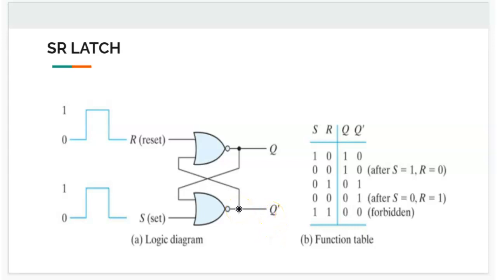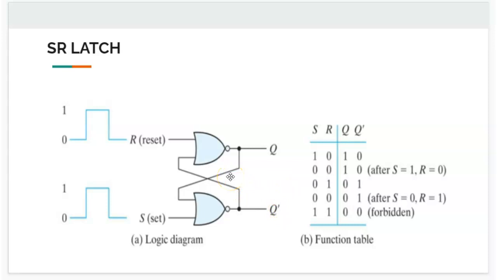So how does one approach this? The interesting fact here is you have S and Q as inputs. We are exploiting the behavior of an OR gate here. A NOR gate can be decomposed into an OR gate and a NOT gate. So let's look at the OR gate first. The OR gate's inputs are S and Q. When you set S as 1, independent of whether Q is 0 or 1, the output of the OR gate will always be 1. We are exploiting that property of an OR gate, and when you complement it, you get 0. So Q dash becomes 0. When you feed Q dash to the other NOR gate, since both Q dash and R are 0, the output of that NOR gate will be 1, and you get Q as 1 and Q dash as 0.